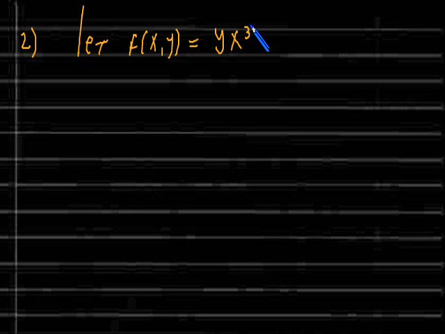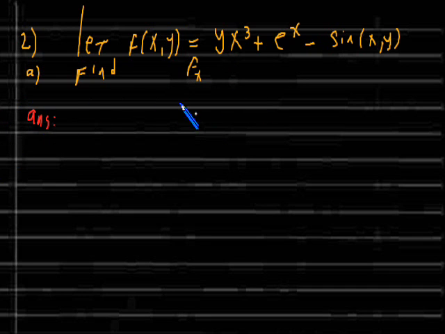equal to y x cubed plus e to the x, minus sine xy. Okay, minus sine xy, right? And they want us to find the partial of f in respect to x. Okay, so answer,